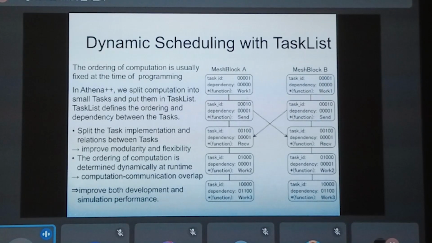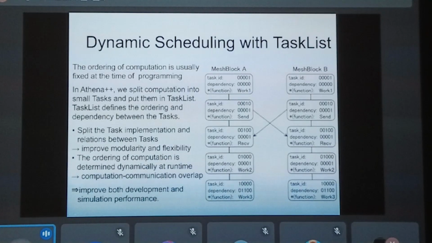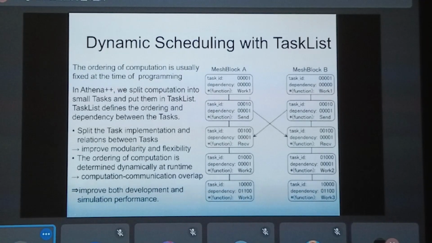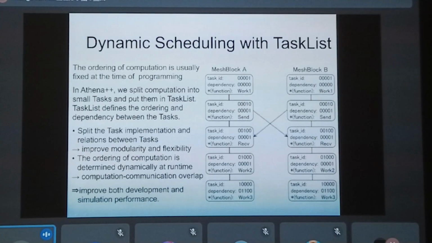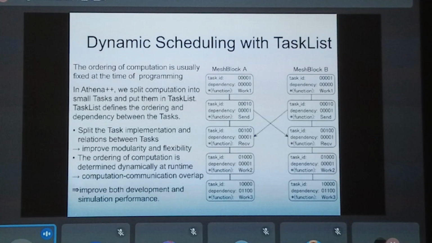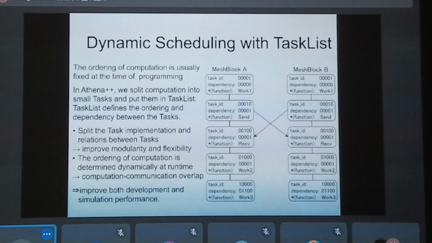So when this send task is executed, the code checks the dependency flag. So in this case, the first work 1 task is already completed, so this dependency is cleared, so we can process this send task. So then we proceed to the next receive task here. And this receive task also depends on this first work 1 task, 00001. But it is already cleared, so we can do this.